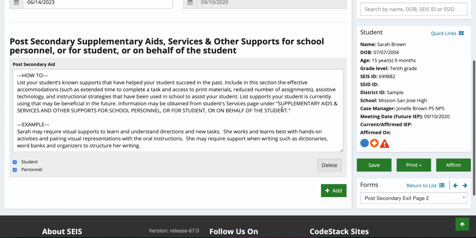Okay, so what we're looking at is here, this is one box, but you can add additional boxes if you just click on this green box. But for the purpose of the video, we only need one to show you how to complete it and to provide an example. So here you're going to want to list your students' supports that have helped them succeed in